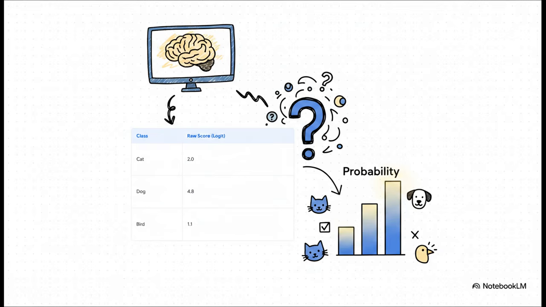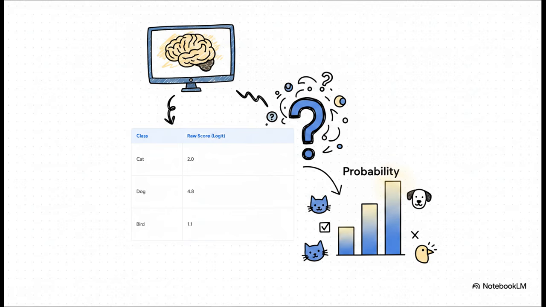Okay, so imagine our AI has looked at a picture, and this is what it spits out. These raw scores, which in the biz we call logits. Now you and I can look at this and see, sure, dog has the highest score. But what does 4.8 even mean? It's not a probability. These are just numbers. They're totally arbitrary. We need a way to turn this raw data into something that actually tells us how confident